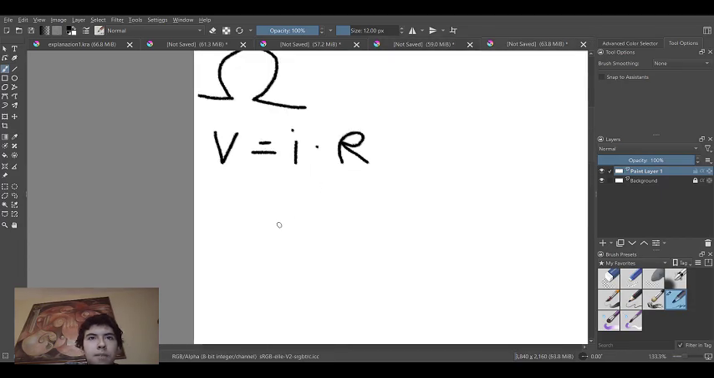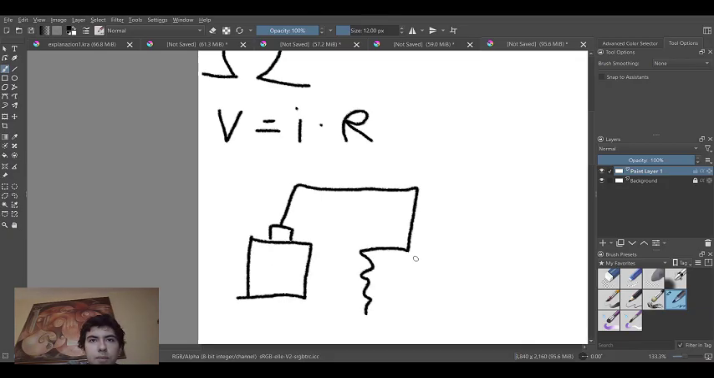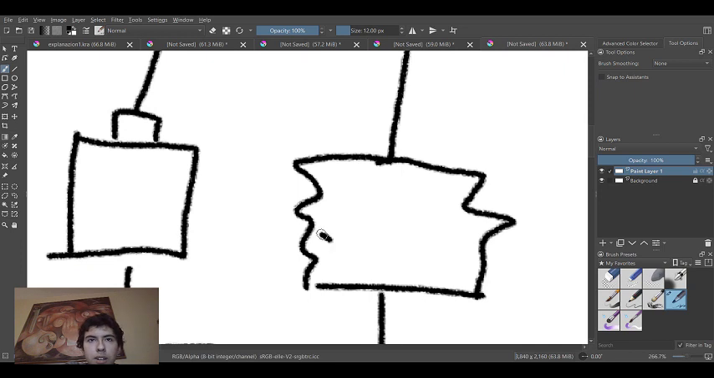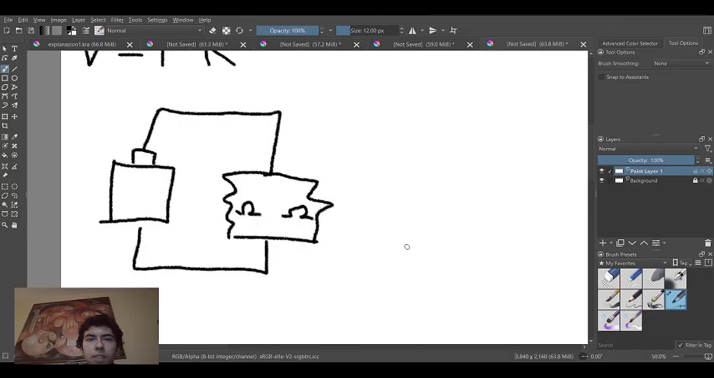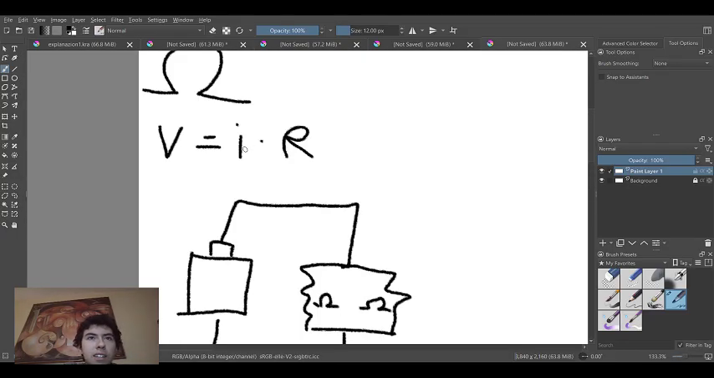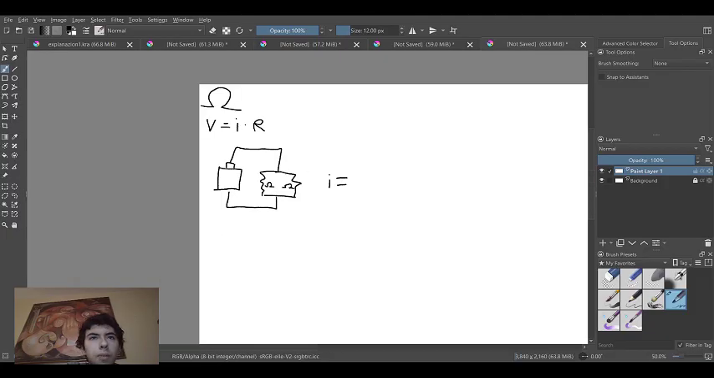We're going to have for parallel, okay, we're going to have our battery, and we're going to have two resistances in parallel, like that. They're going to be in parallel. They're going to have a certain ohm, a certain resistance. So essentially here, what is going to happen is that we are going to take the I is equal to